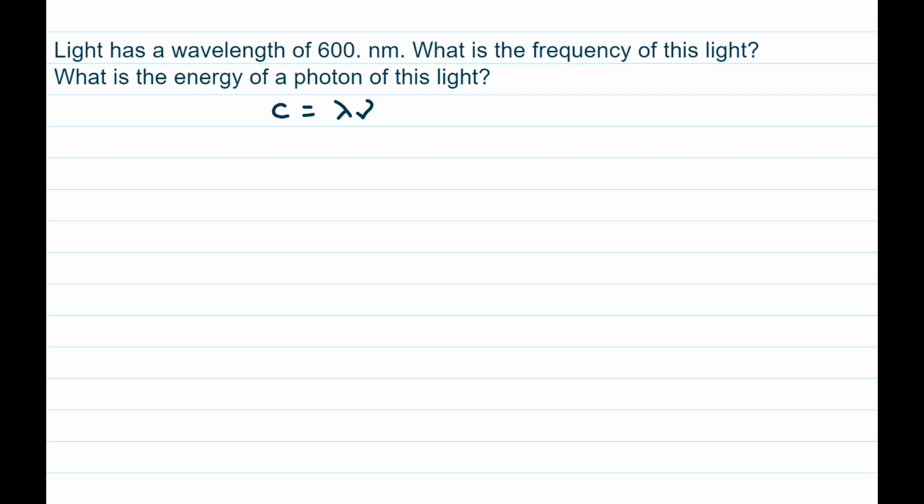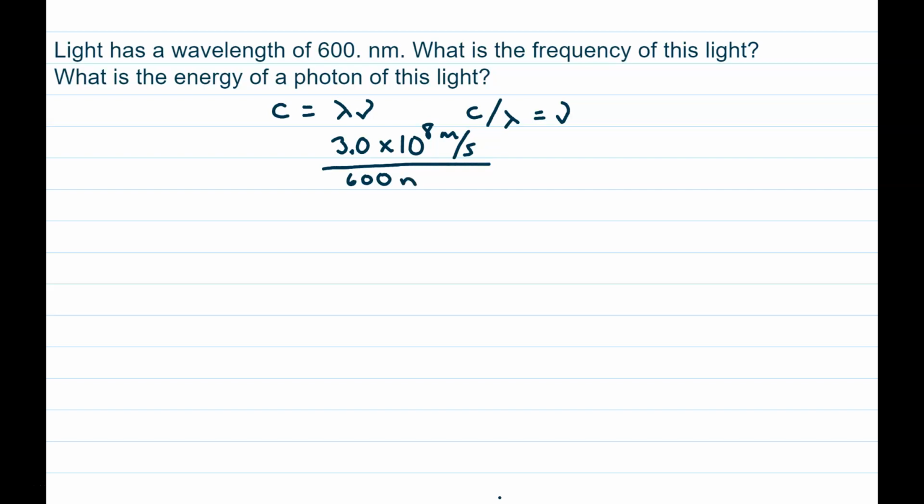So I write it, I solve it, I math it. So write it. Then if I put c over lambda, that would be equal to nu by itself, so I solved it. Now c is 3.0 times 10 to the 8th meters per second. And I would divide that by the wavelength. And this is where I see a lot of people make a mistake. They do this,